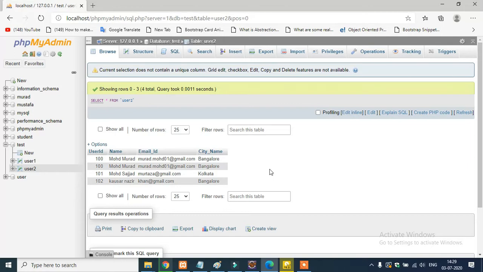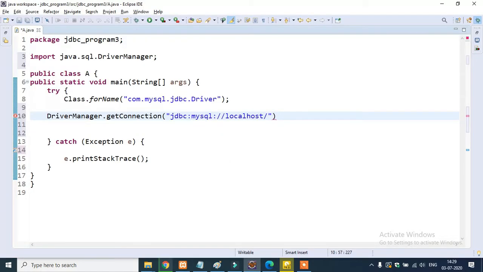And I will update some name, like the name is Mohammad Murad and I want to change this name to some other name. Suppose right now I will rename Kaushal Nazir to Shams Nisar Ansari. So let's see in programming what I will do.